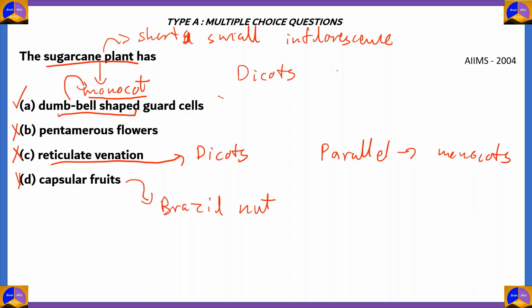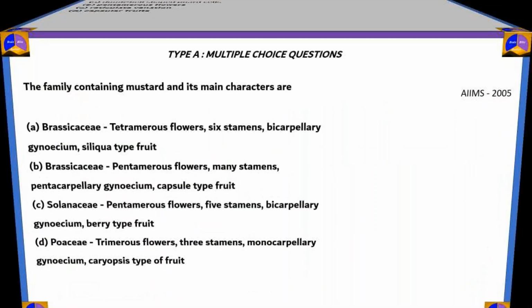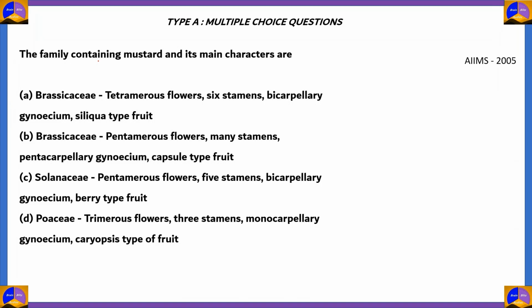In dicots, they are kidney-shaped guard cells. So kidney-shaped guard cells are found in dicots, while dumbbell-shaped guard cells are found in monocots, of which sugarcane is a member. So option A is correct. We move on to our final question. The family containing mustard and its main characters are, and we have 4 options,